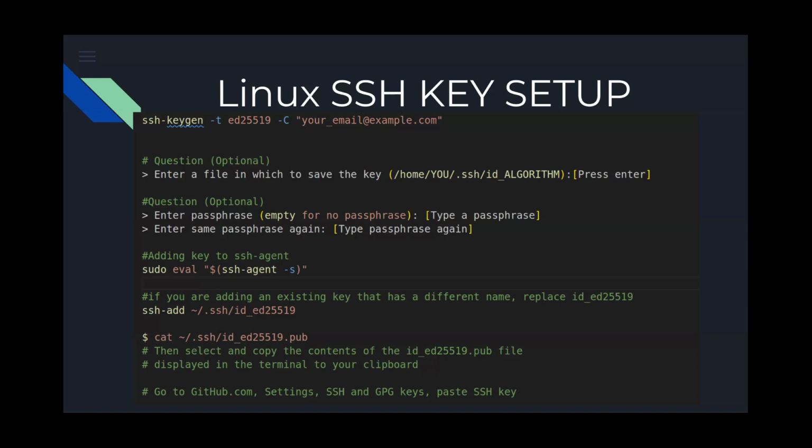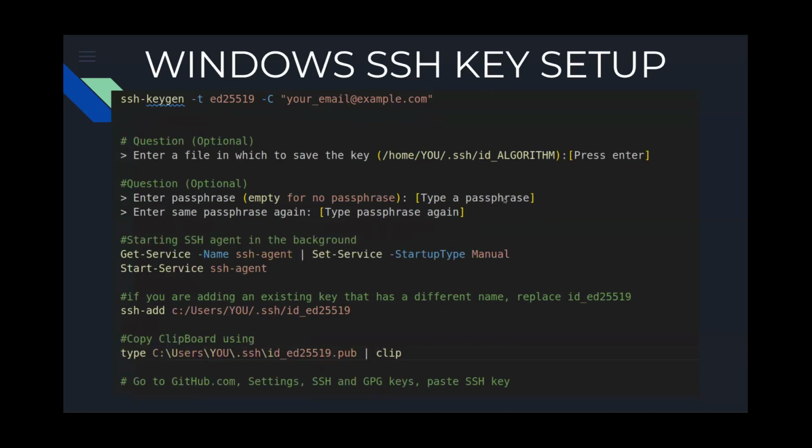Since I am on Linux, I can do an active demo. I can show you how to do it, but I'm going to walk through Windows here. So first of all, you're going to want to use this keyword ssh-keygen in your terminal. And there's going to be a lot of flags here, and you don't necessarily need to understand what they're doing. But if you copy this along here, ssh-keygen -t ed25519, this is going to be the crypto algorithm it's going to use, and then -C, and you enter the GitHub email you're using.